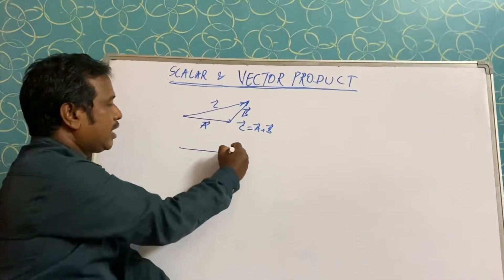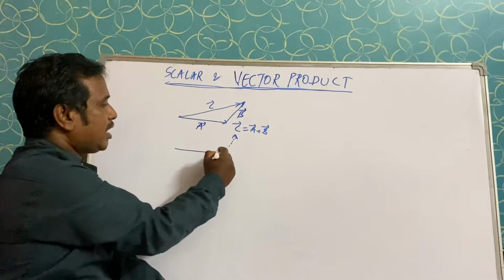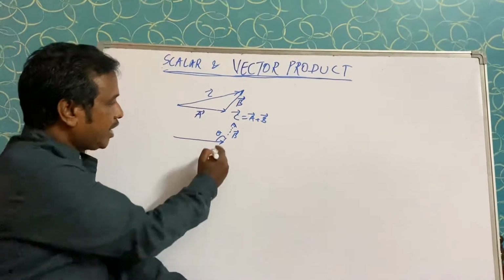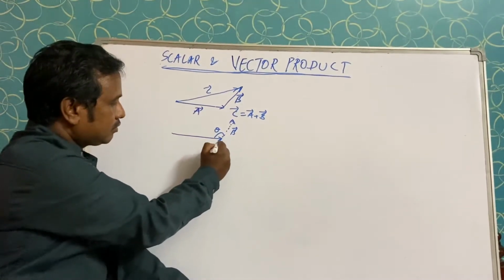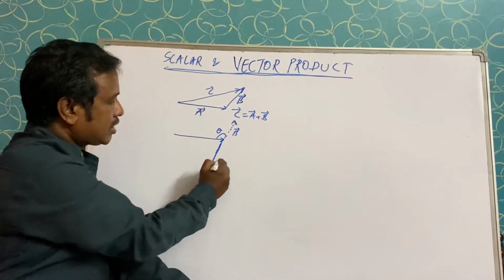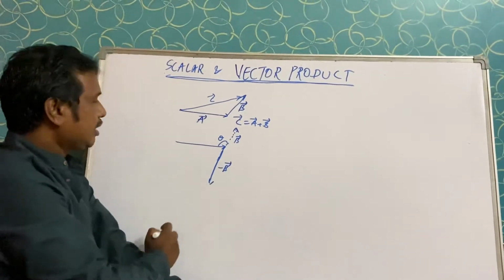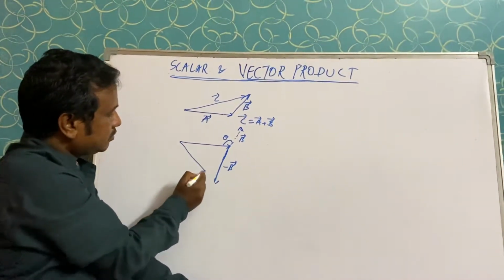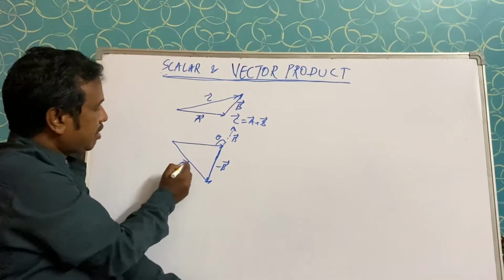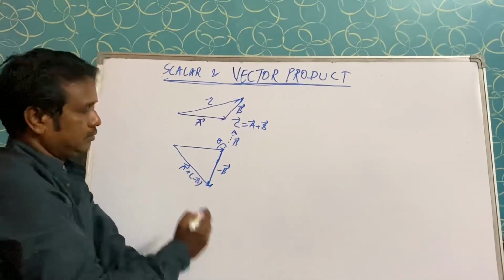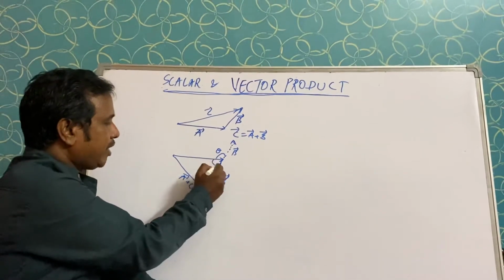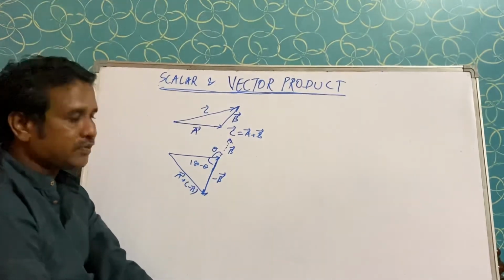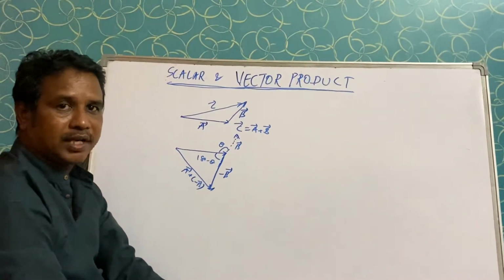Instead of the earlier vector B, with a certain angle theta here, to subtract a vector we have to take it in reverse order. This is called the minus B part. To get the resultant vector, add these two. So now it will become A plus of minus B. The angle between these two will be equal to 180 minus theta.